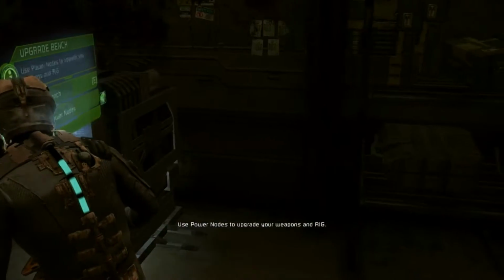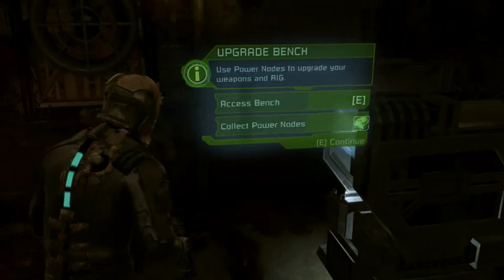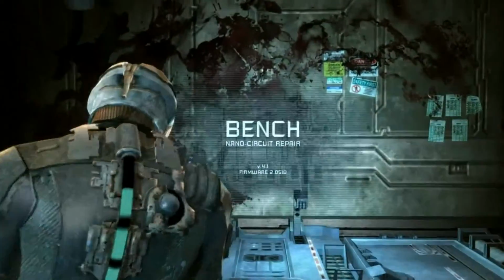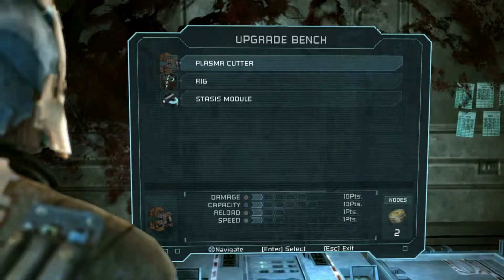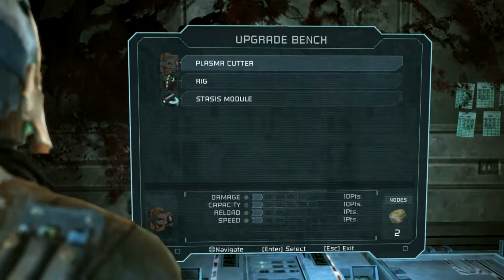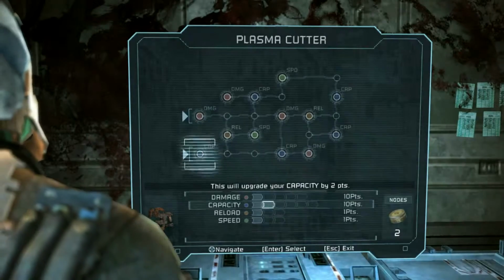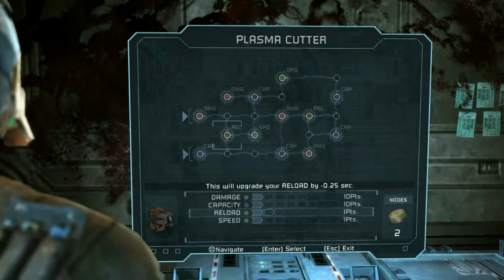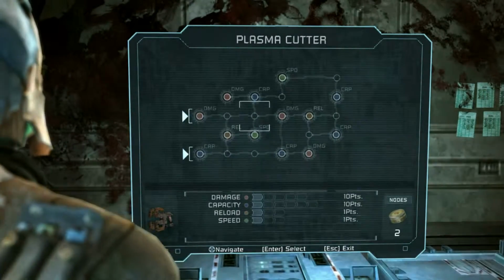Use power nodes to upgrade your weapons and rig. Yep. What should I start off with? Oh, I actually use my keyboard for this. Filling in the empty spaces does not mean anything, so...